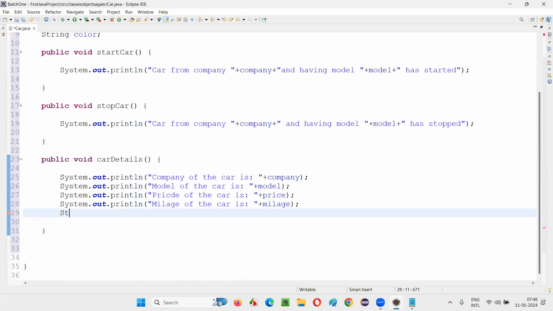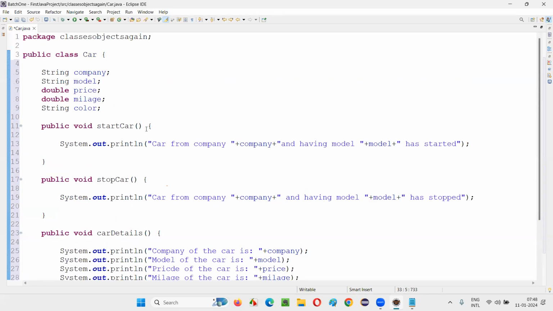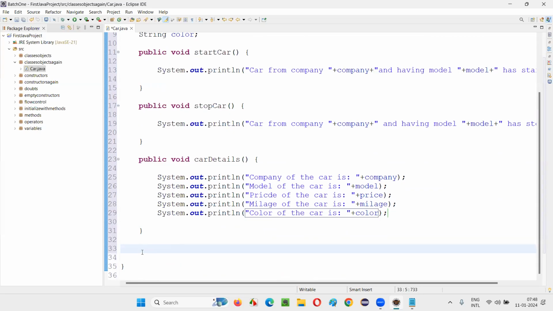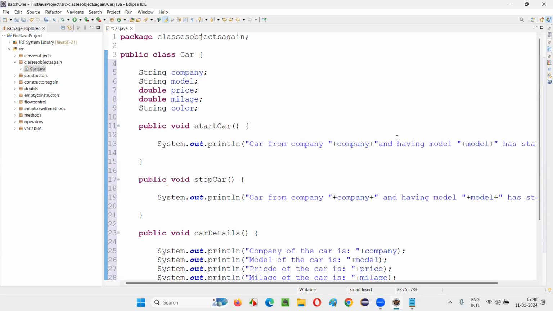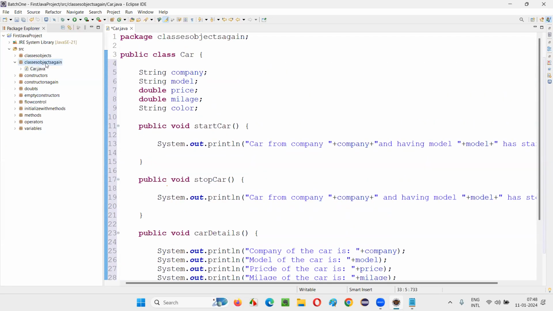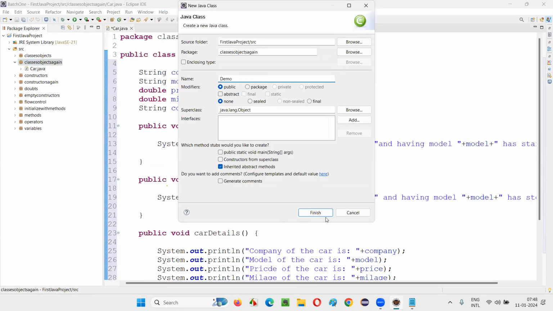Then color of the car is plus color. Like this, I created some variables and methods. Now, along with this, I can create a main method inside this one only and create objects also here. But visually, you'll not be able to see because I have to scroll up and down, right? So what I'll do is I'll create another class known as demo class.